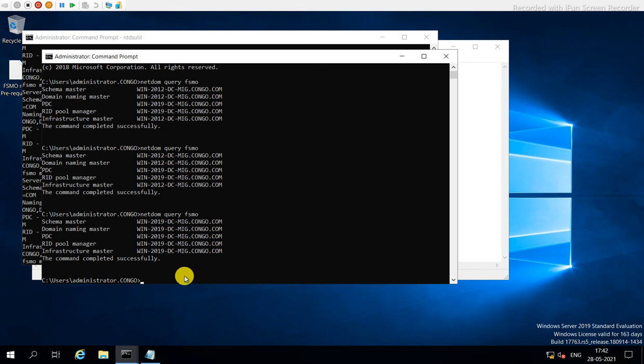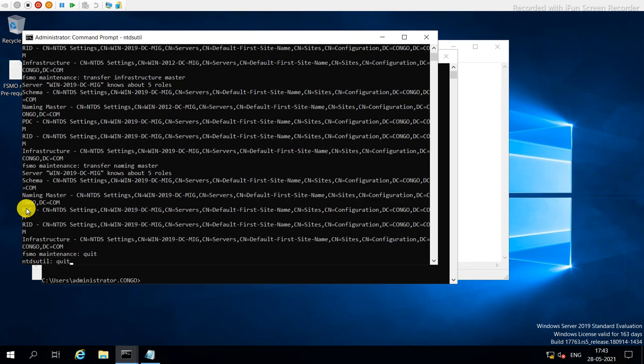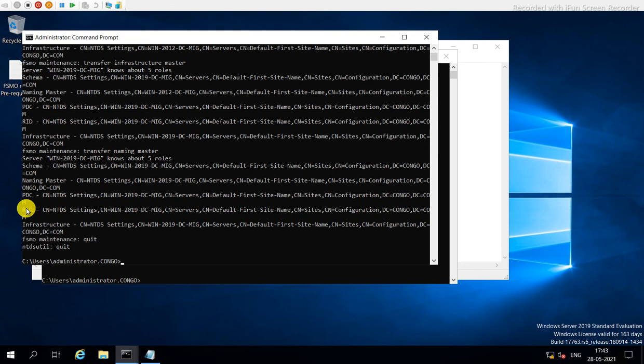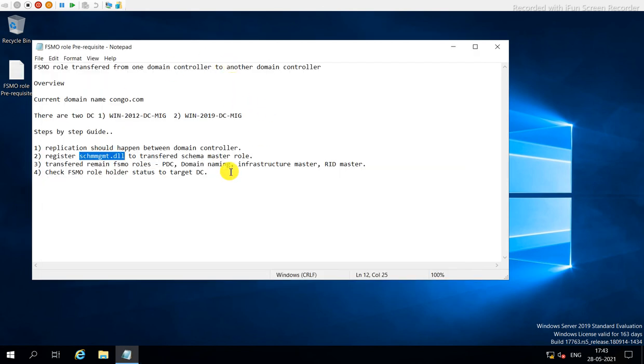Now the 2019 server is holding all the FSMO roles. We can now demote the 2012 server. So this is the way to transfer the roles to the new server. Now I quit from FSMO maintenance, and again quit from ntdsutil. Typing the exit command to get out of here. So now we have completed the FSMO role transfer